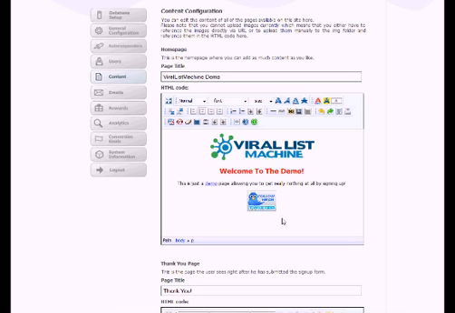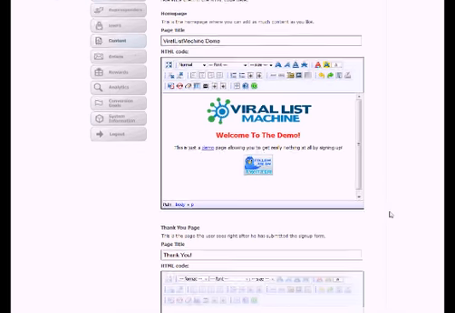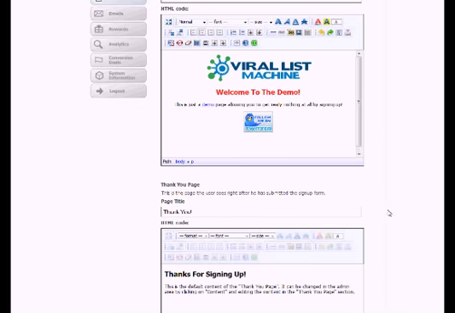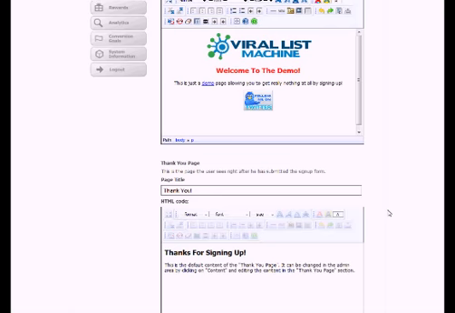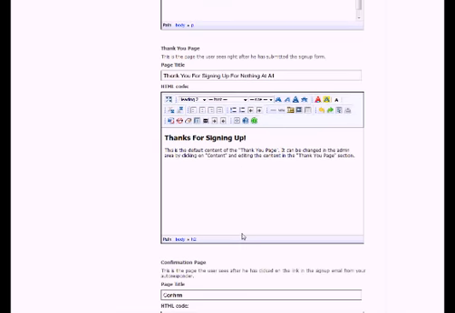And there we go. I think this page we can leave that way. So the next page also has a title. Let's set this to "Thank you for signing up for nothing at all." This is actually the page that the user sees right after he has